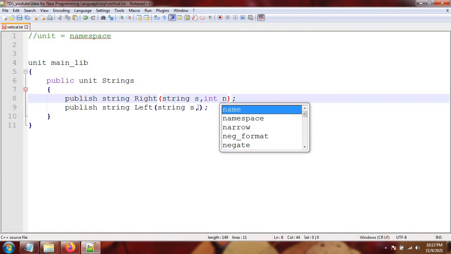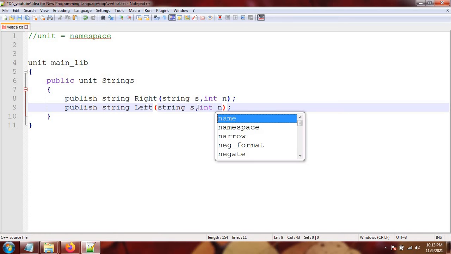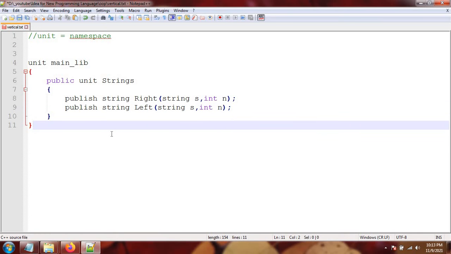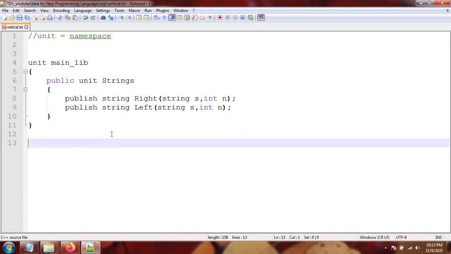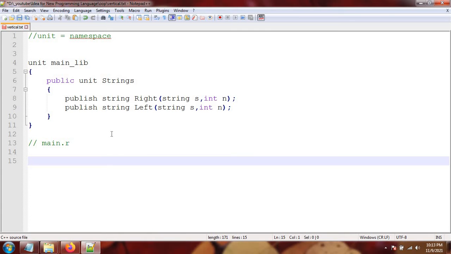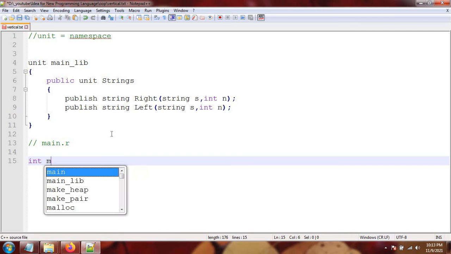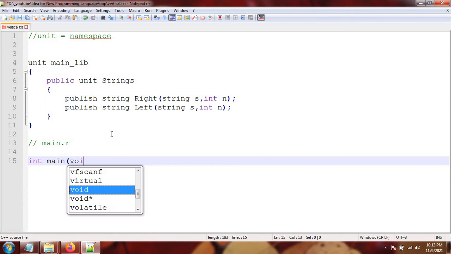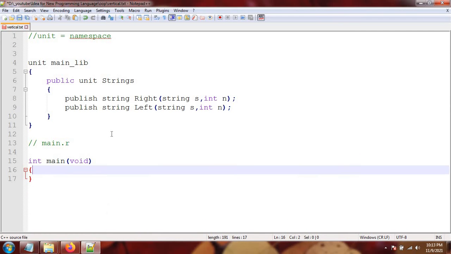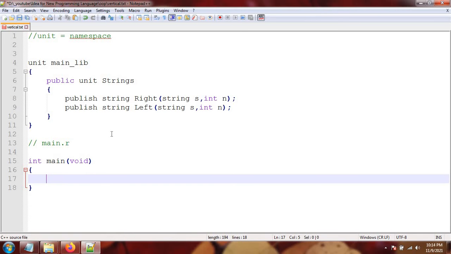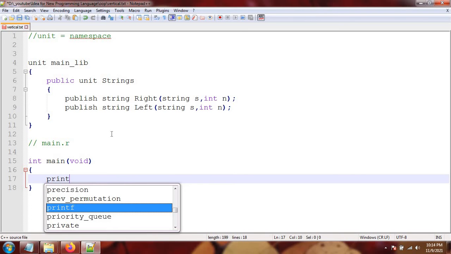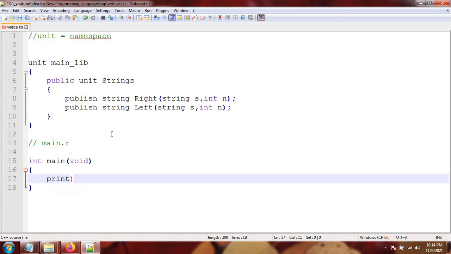Let's say we have main.r, and let's say print